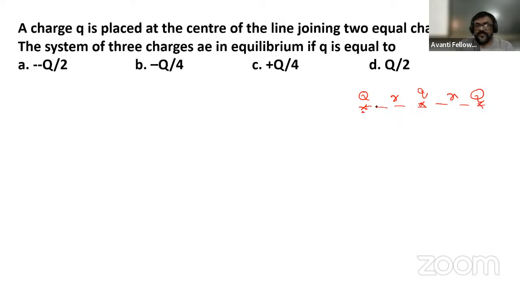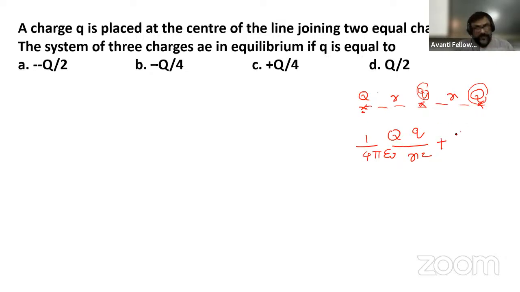So there will be two forces acting on it. This one will be applying a force on this capital Q, and this one also will be applying a force on capital Q. And this should balance each other. So let us see what is the total force. 1 by 4 pi epsilon 0 capital Q into small q divided by R square. This distance is R. I don't know the sign of this small q, so simply I wrote 1 by 4 pi epsilon 0 Q into q divided by R square plus the next